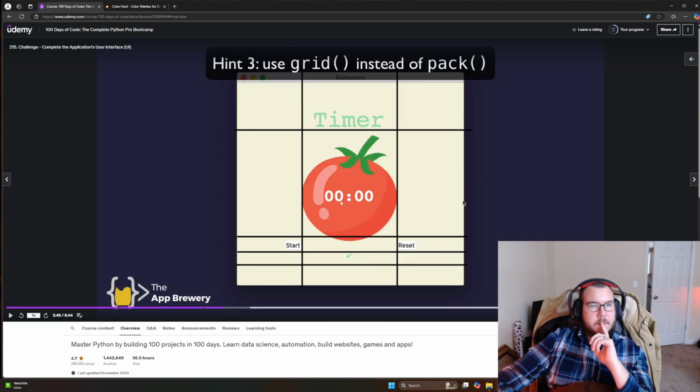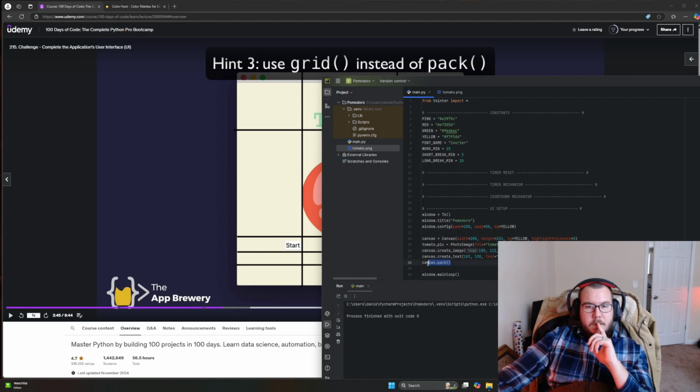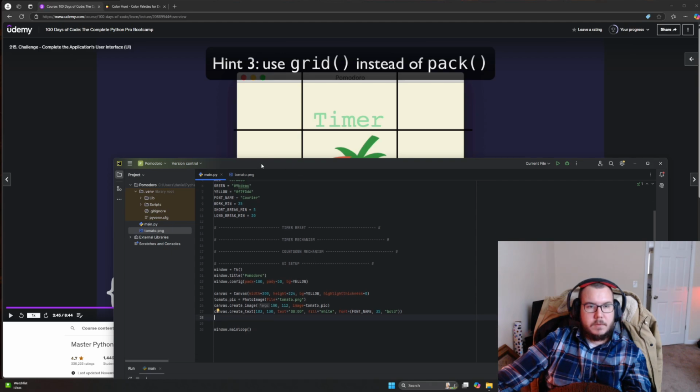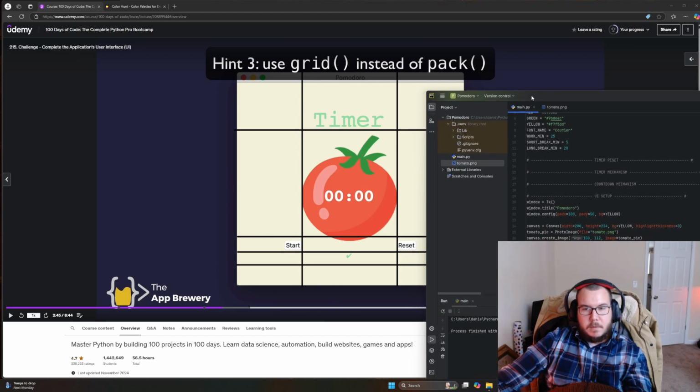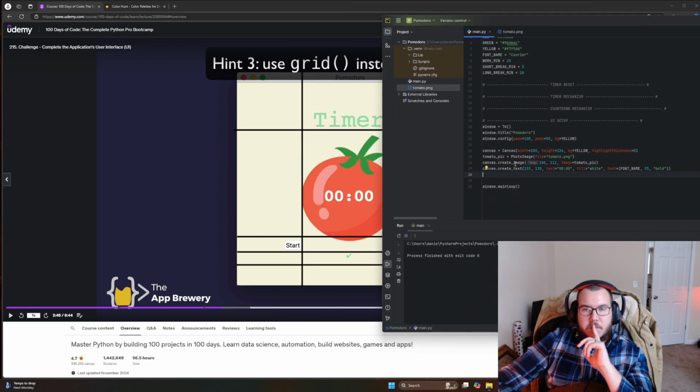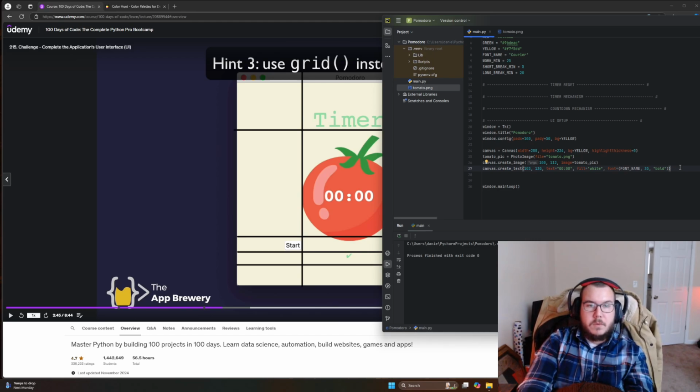All right, I'm going to go back to here. Take out this canvas pack, and I think we can go ahead and start by, hmm, because these images and text are just directly on, or a part of, the canvas object. So I think maybe we can do another